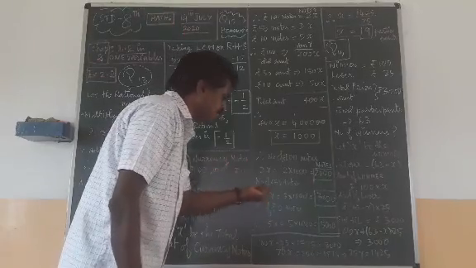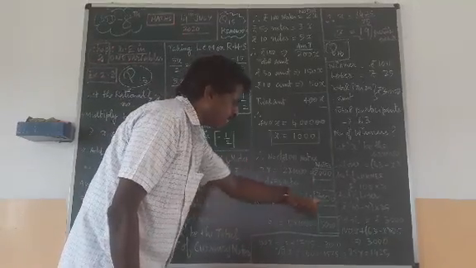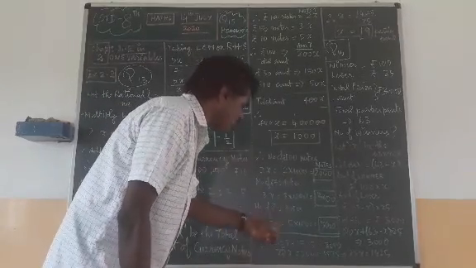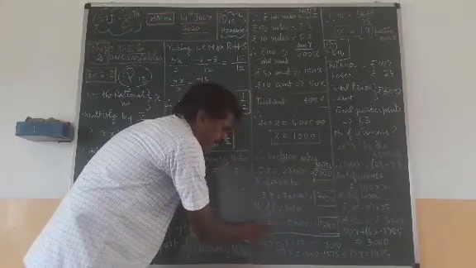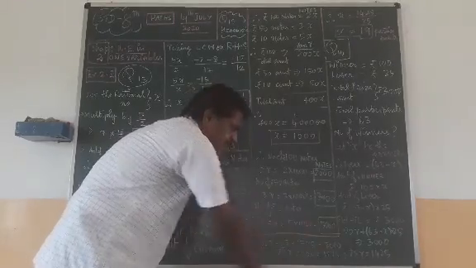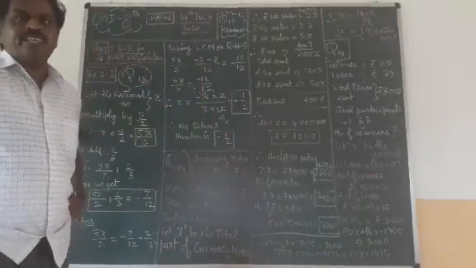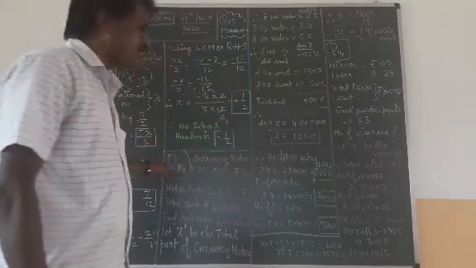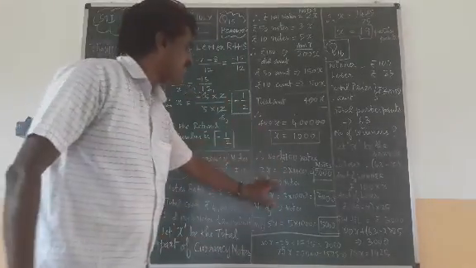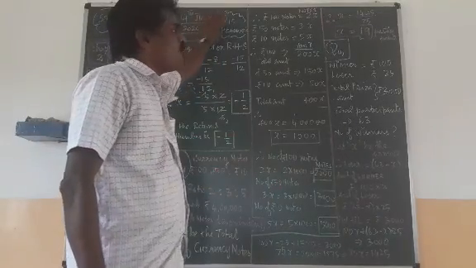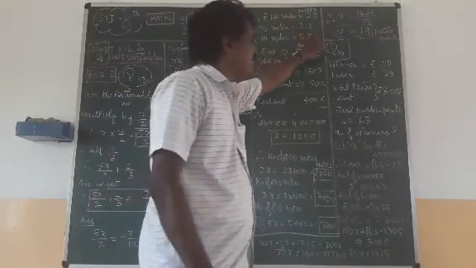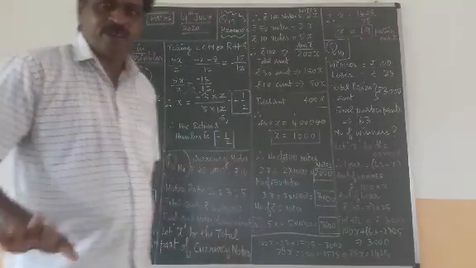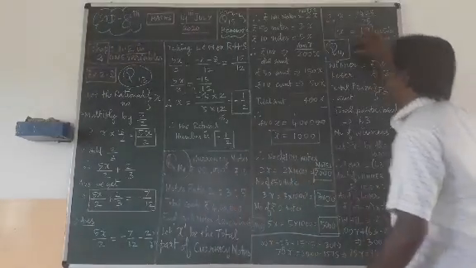Then 3 into x for 50 rupees: 3 into 1000, so 3000 notes are there in 50 rupees. Then for 10 rupee notes, 5 into x, 5 into 1000, so 5000 notes of 10 rupees are there. Okay, that is the answer for question number 14. Similarly, take question number 15 as homework. I will do question number 16. If you feel difficulty with the homework, you can call me over phone.